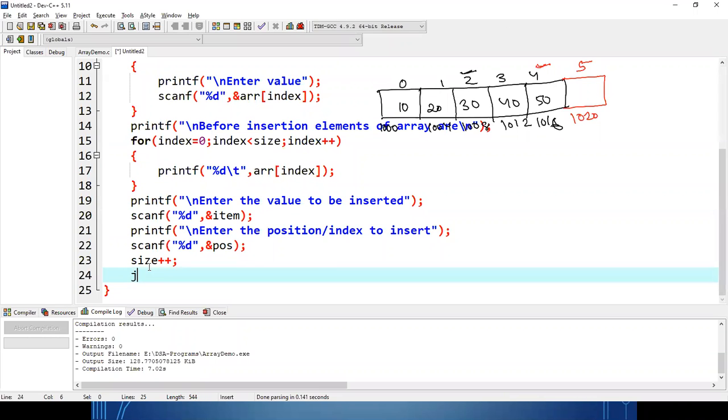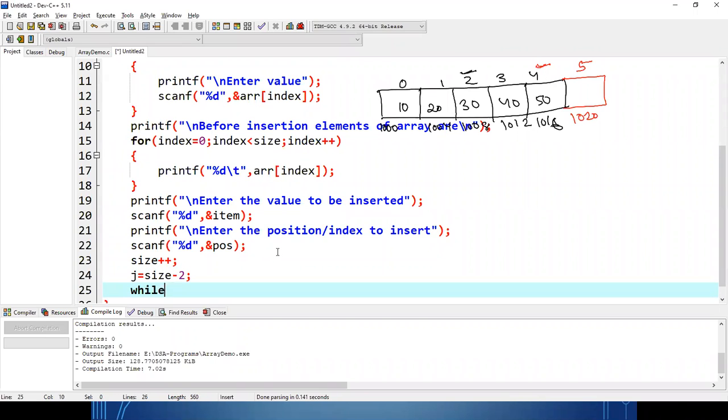Okay. So j equal to size minus 2. Done. Because I'll start from the fourth index. Done. So I'll go on shifting till j is greater than or equal to position.